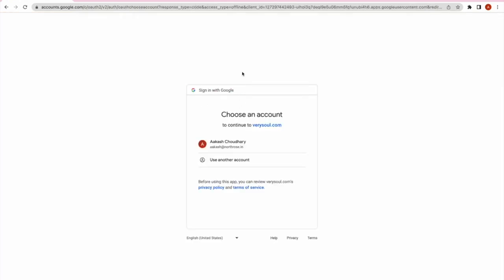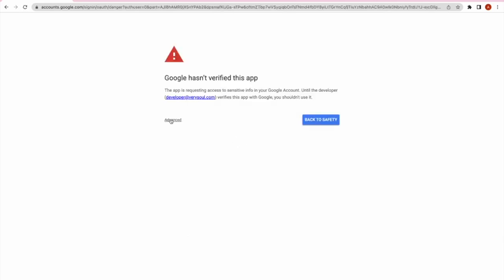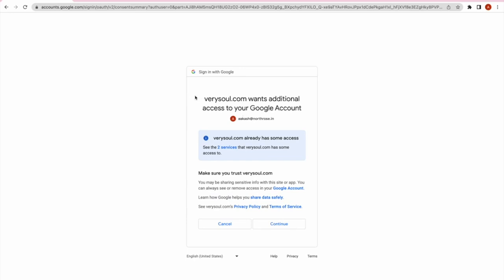will throw me to the authorization screen where I'll select my account, and this is not verified yet because I have not pushed it to production yet. And then I will go to the next screen, and this will give me information like make sure you trust verisol.com and something like that. And then we will click on continue,